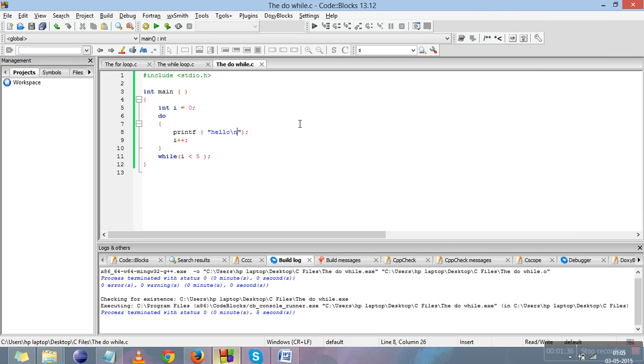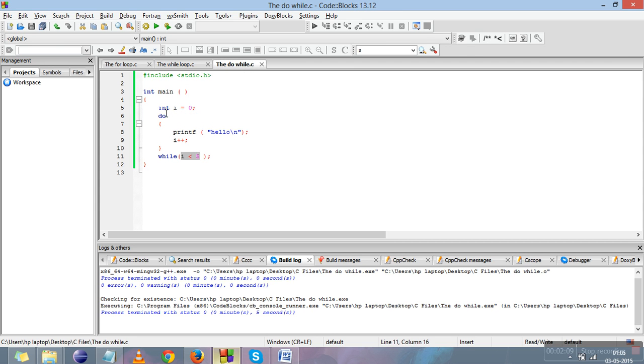So now I'll explain how this do while loop is working. When we run the program, it initializes the variable i with 0, then it comes inside the do loop, it prints hello, then increments it by 1. So here the check does 1 less than 5. When you compare all this with the for loop, there 0 less than 5 is checked first, then if it is true then this will work. Same goes for the while loop, 0 less than 5, and if it is true then this will work.